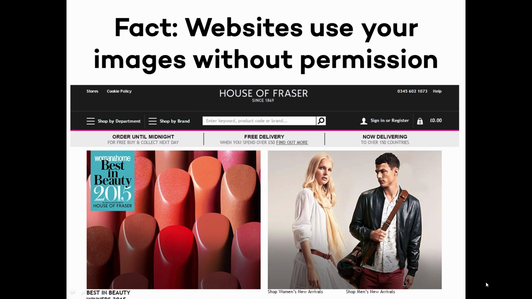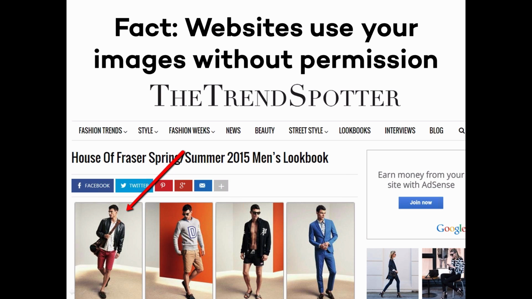So this is the House of Fraser homepage. I think it was maybe a few months ago now. Anyway, we're looking at this image here. And a quick image search shows that the Trend Spotter website has used this photo as well as other photos from House of Fraser, and they haven't linked to House of Fraser. And they're even talking about House of Fraser, so maybe we'd pick this up in our unlinked brand mention